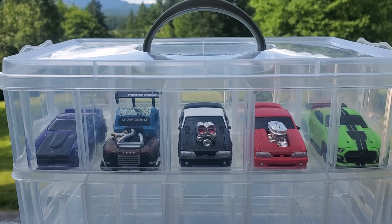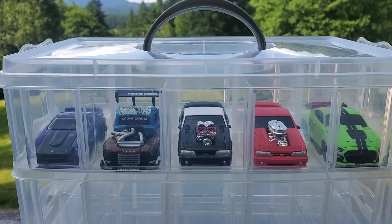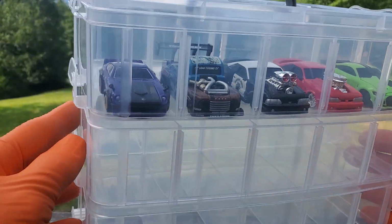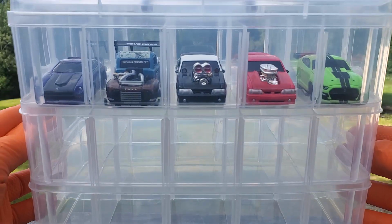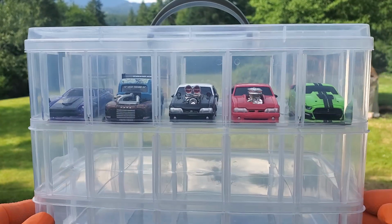All right, here's a case. I've already put 5 of my loose muscle machines in, and this is very cool. This is the perfect case for holding muscle machines. And I have room for 25 more. Now, I don't think I have quite 25 vehicles, but